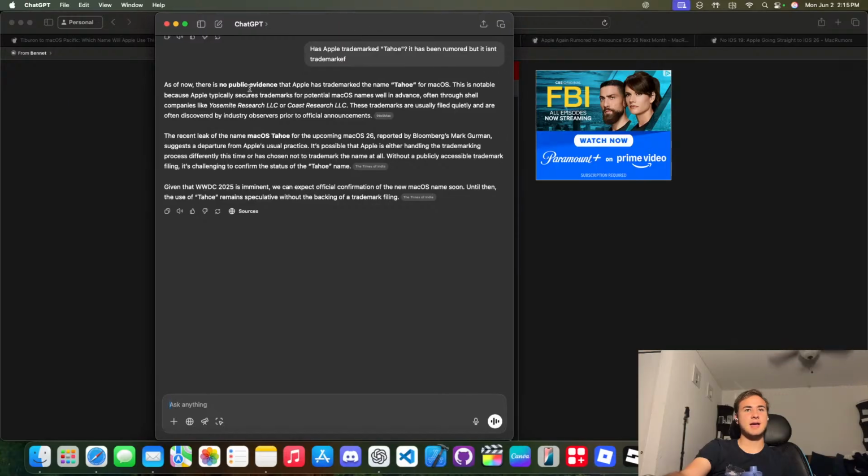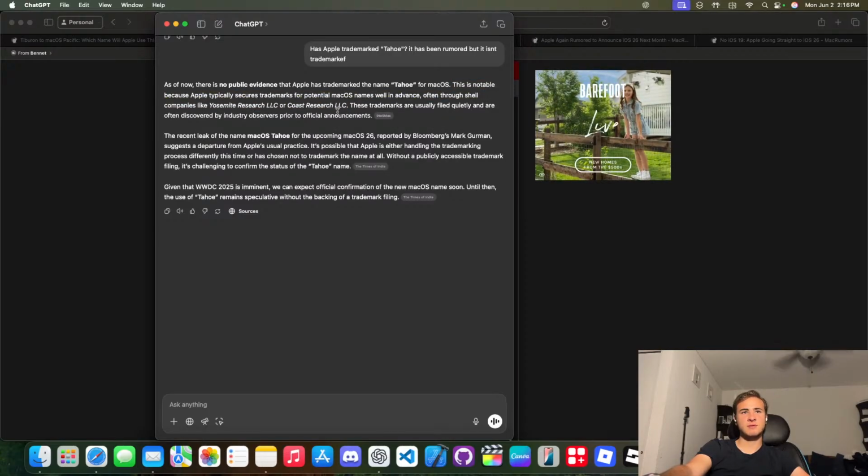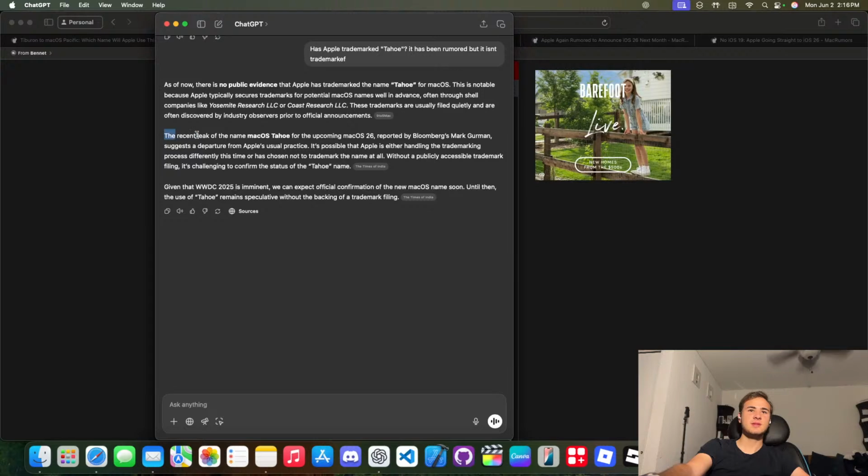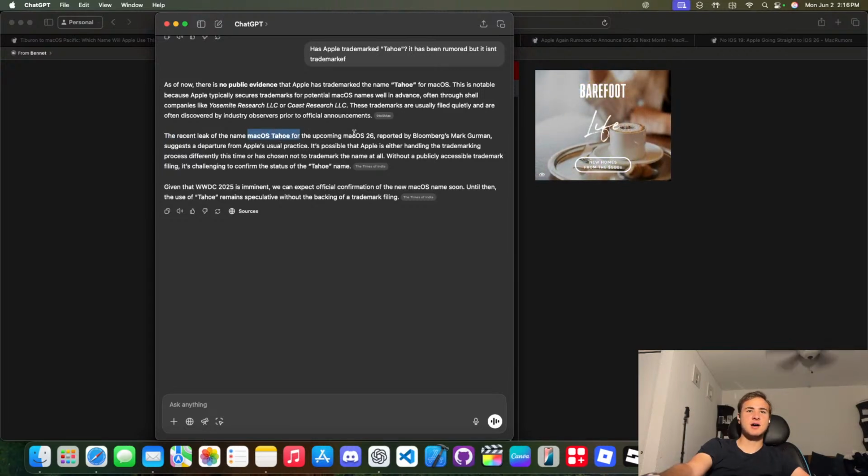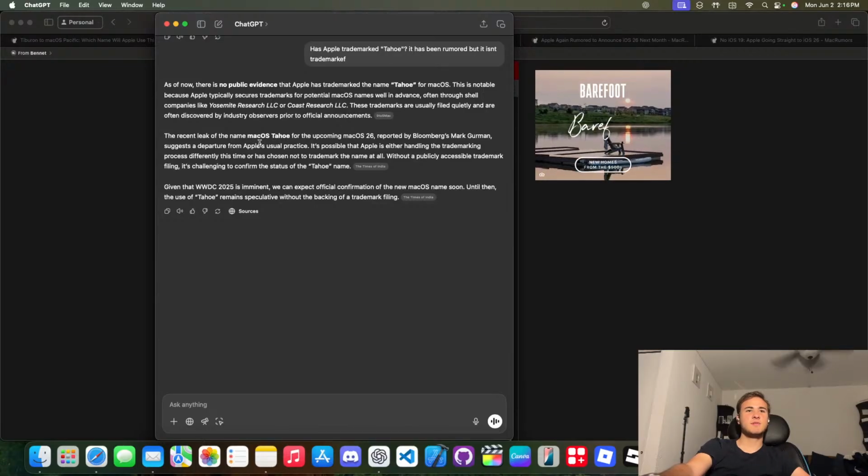As of now, there's no public evidence that Apple has trademarked the name Tahoe. Apple typically secures trademarks for potential macOS names well in advance, often through shell companies like Yosemite Research or Coast Research. These trademarks are usually filed quietly and are often discovered by industry observers prior to official announcements. The recent leaks of macOS Tahoe for the upcoming macOS 26 by Mark Gurman suggest a departure from Apple's usual practice.